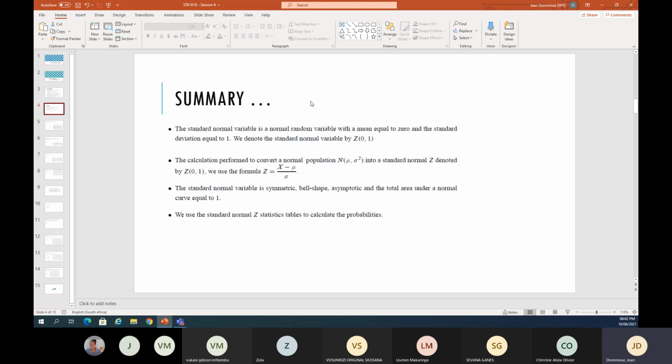They can tell you that you have a normal random variable with mean equal to 0 and standard deviation equal to 1. They can also say that your variable is approximately normally distributed with a mean equal to 0, standard deviation equal to 1. Then you will do the same thing. So when we look at the questions and when you do the assignment, it is basically the same thing.